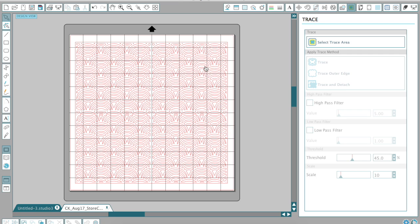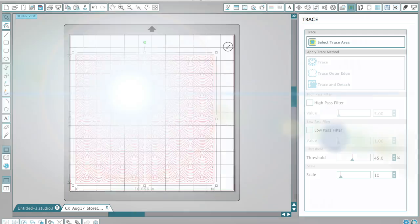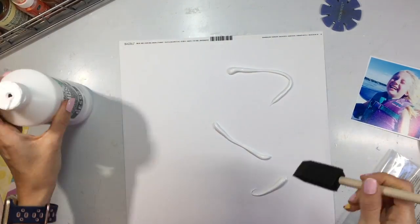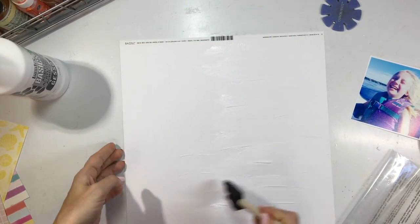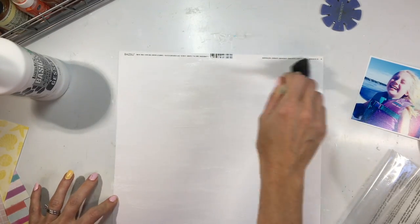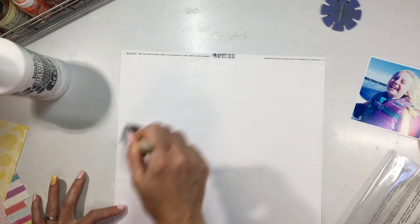After I did this though, I realized I didn't want the whole page to be like this. I only really needed half of it because I wasn't going to use the whole design on my whole page. So I kind of shrink it down and cut out only half of that. So I do half of a page, but with the scales at that scale. So while that's cutting, because there are a lot of little bits in that cut file, I am applying some